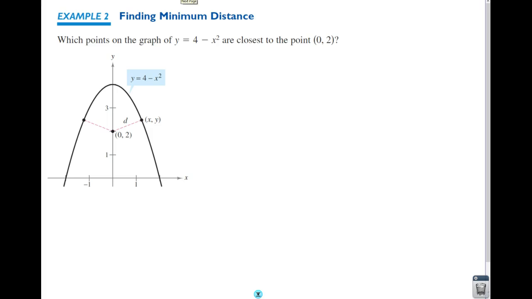Which points on the graph of y equals 4 minus x squared are closest to the point (0, 2)? So here's the curve, 4 minus x squared. I want to know what point anywhere along this curve is closest to the point (0, 2). Okay, so our goal is that we are trying to minimize distance. Okay, so we want to find the minimum distance between 2 points here. Okay, so find the minimized distance between